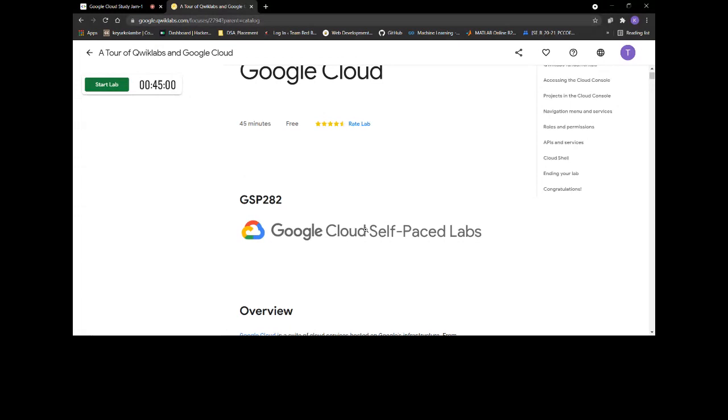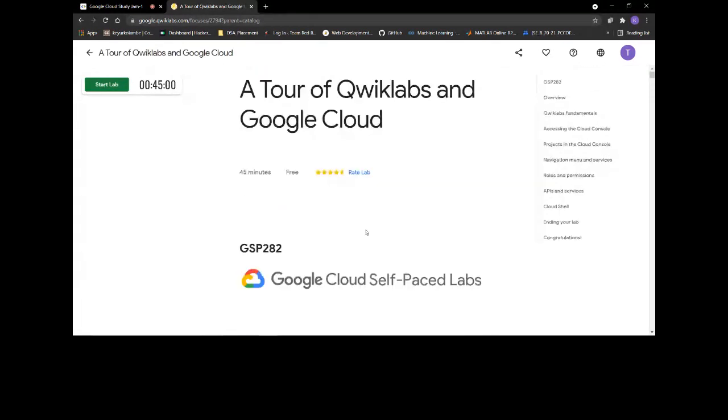So Mangesh, you are asking if you use Quick Labs without incognito, will it charge us? It is not like it will charge us. If you sign in properly using the virtual credentials only, then it will not cost us. But in the incognito window, we have not signed in to any Google Cloud. So every time you start the lab, you will be given a sign in window, and in that you will properly mention the virtual credentials.